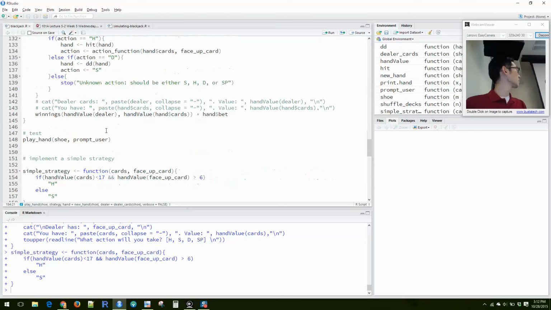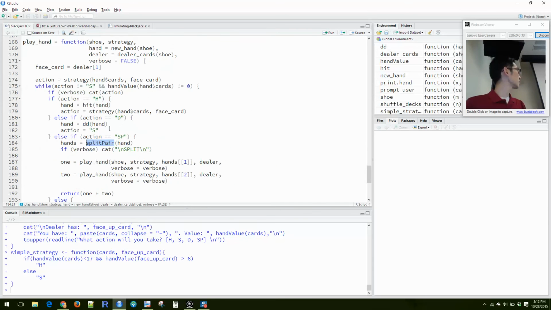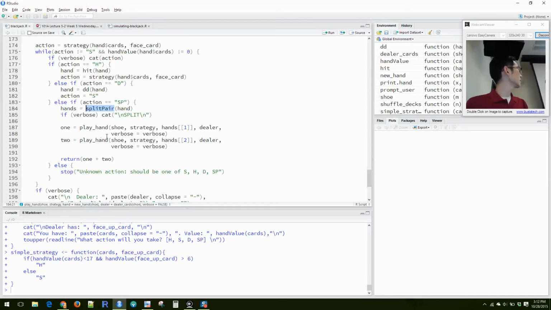So when we run split pair on the hand, this is now a list with two hands. Hands is the list that split pair returns, so there are two hands inside here. Hands 1 is the first hand that split pair returns, and hands 2 is the second hand that split pair returns. If we go back to the split pair code,